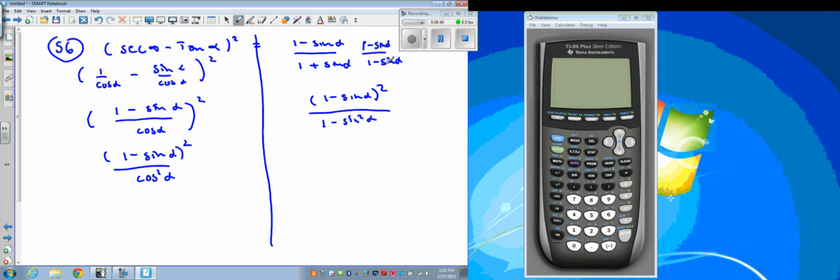A plus b times a minus b is a squared minus b squared. But now what is 1 minus sine squared? Cosine squared alpha is what that is, and then on my numerator is 1 minus sine alpha. And you see these two are the same. Now if I wanted to, I could go right on down here, write this next, and then go up and get back up to there. So I've shown identity, right? Therefore,